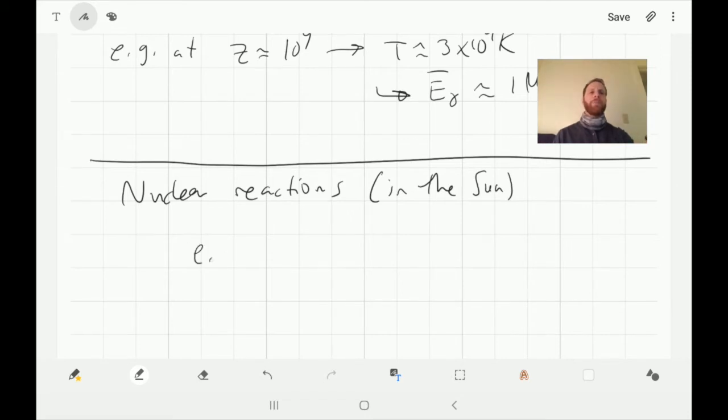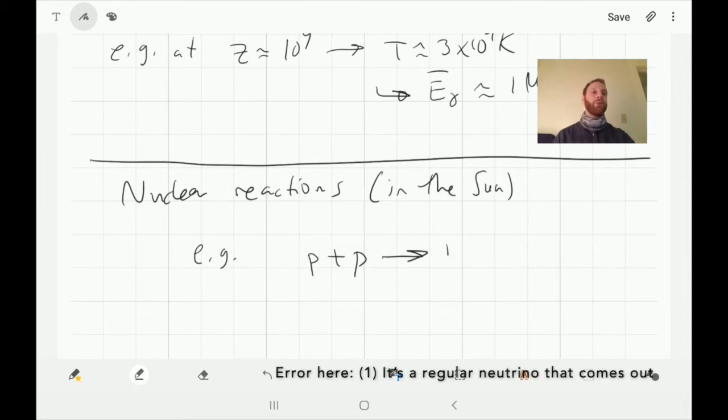For example, the so-called PP chain. In the sun, which is mostly hydrogen, what happens is you've got a proton and a proton coming in. They would Coulomb repel, but because of quantum physics, they have a finite probability to tunnel through their own barrier. And in the process, it is energetically favorable to produce a so-called deuterium nucleus, plus an anti-electron or positron, plus an